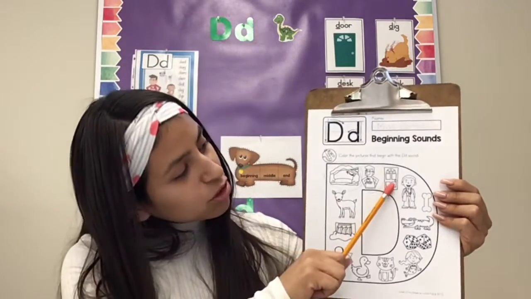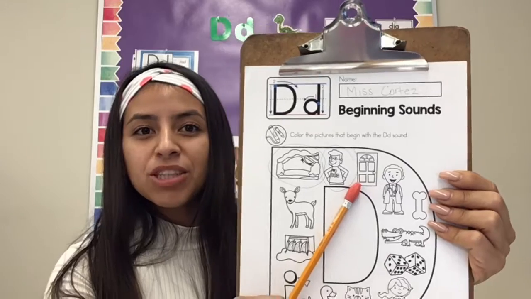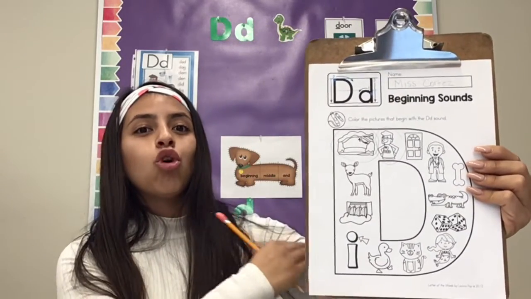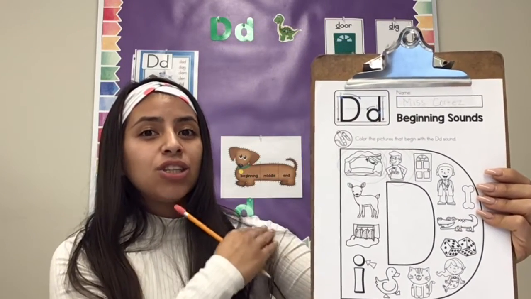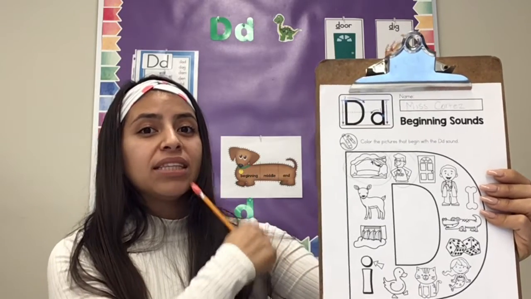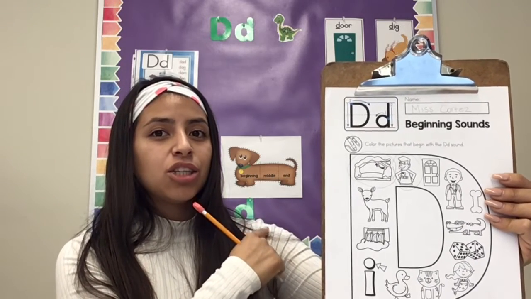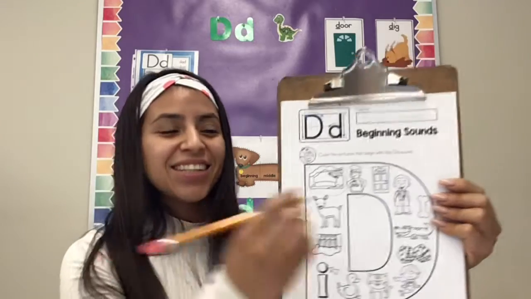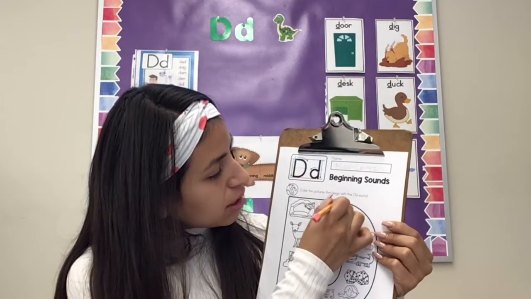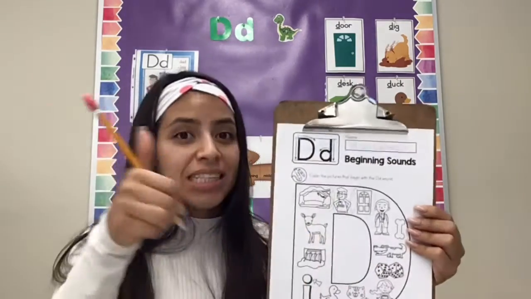Now I'm going to move on to my next picture. My next picture is a door. Does door begin with the D sound? Door? Yes, it does. So I'm going to also be circling the door because it does begin with the D